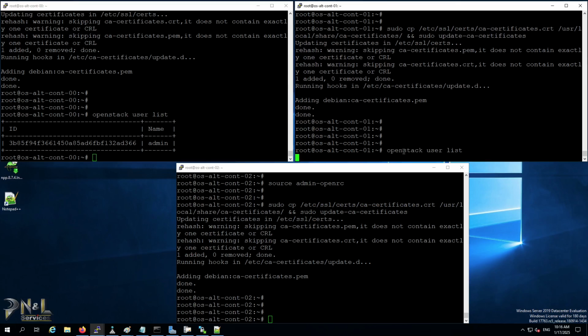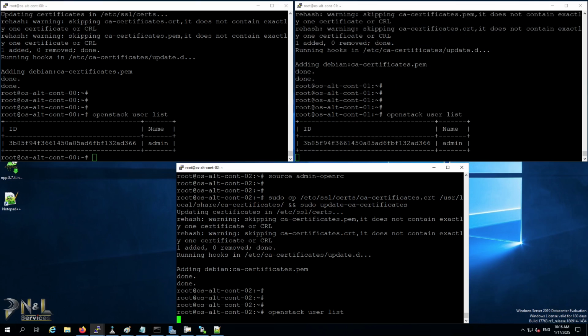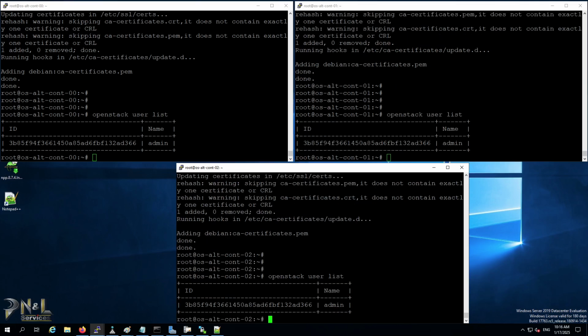So if we go to the, so as you can see, now we're able to display the users list on there. As we create more users, we'll be able to display the users. So the next thing we're going to do is we're going to